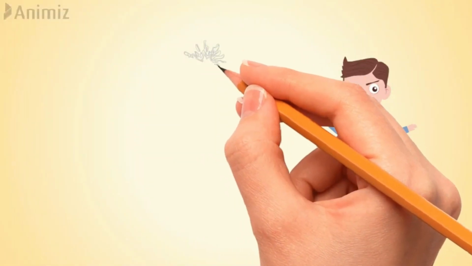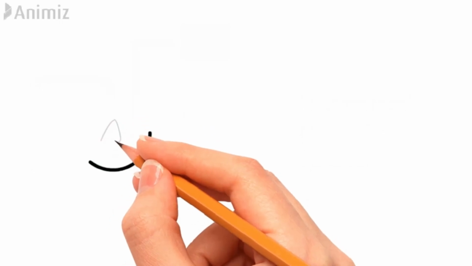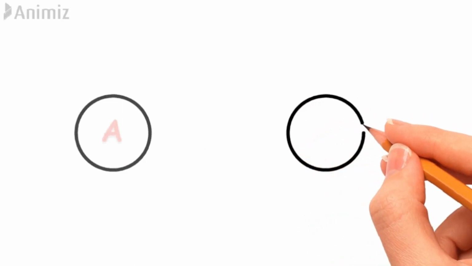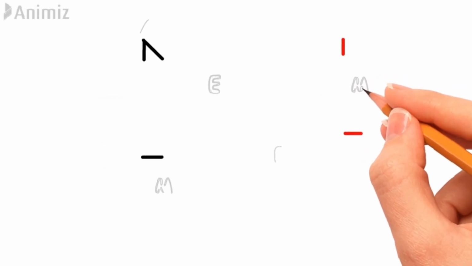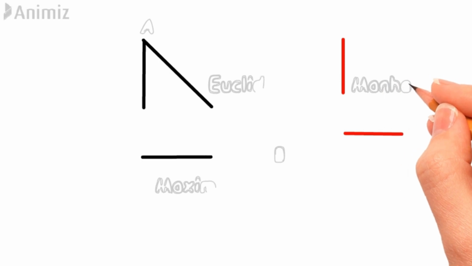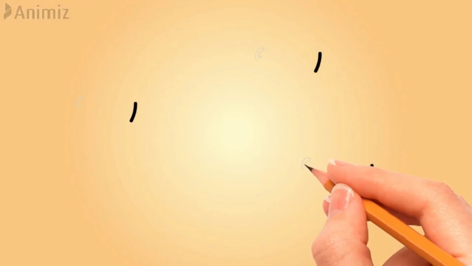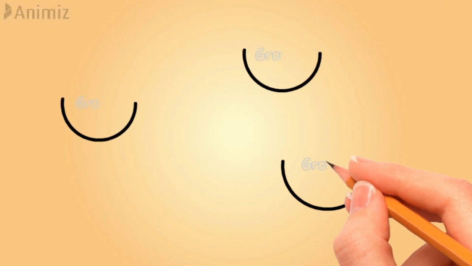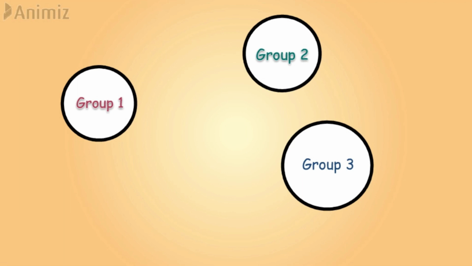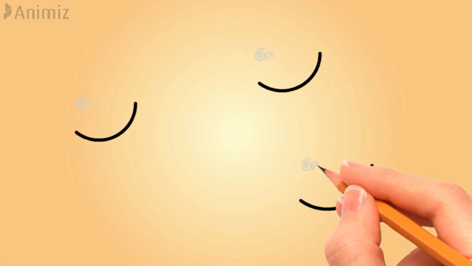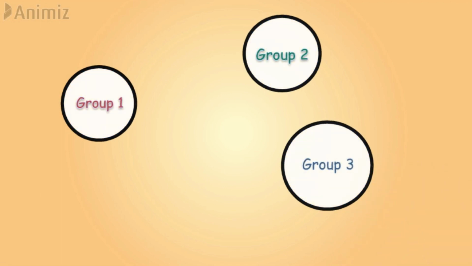As you all know, we have 2000 data points with us, and for these 2000 data points, we need to do segmentation. First, we will find the distance between each observation. You can find the distance between any two observations using the methods shown on the screen. You can utilize the squared Euclidean method, maximum distance, or Manhattan distance. After finding the distance between all the observations, you can group them into separate groups based on the distance between them. For example, we have A, B, C and D as 4 observations. Now suppose A is closer to B and C is closer to D. So we can form A and B as one group and C and D as another group.